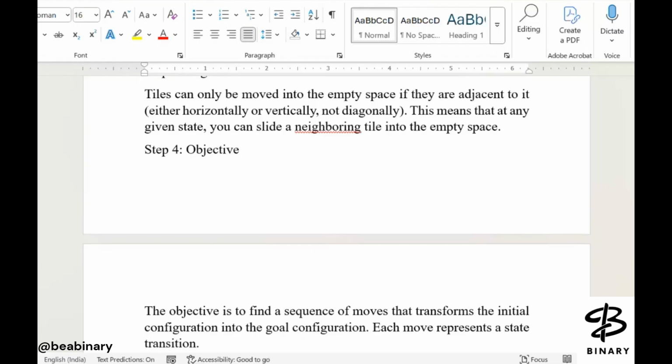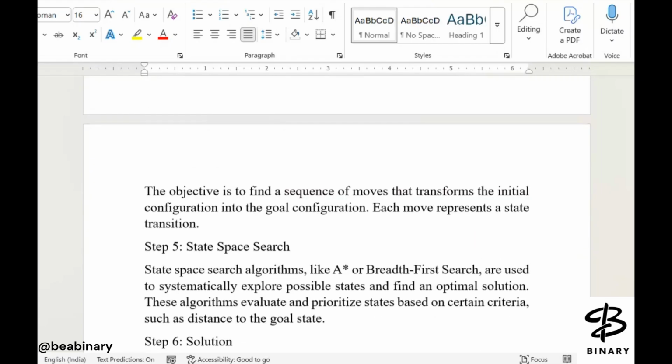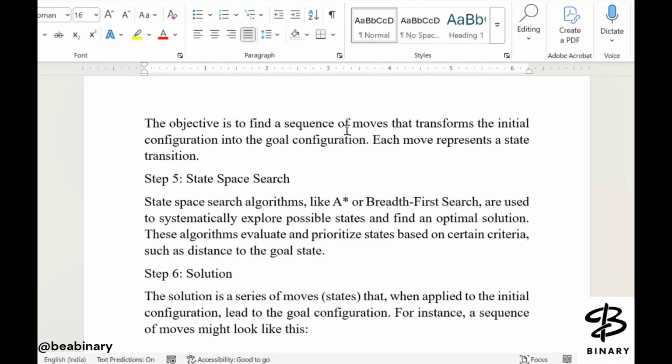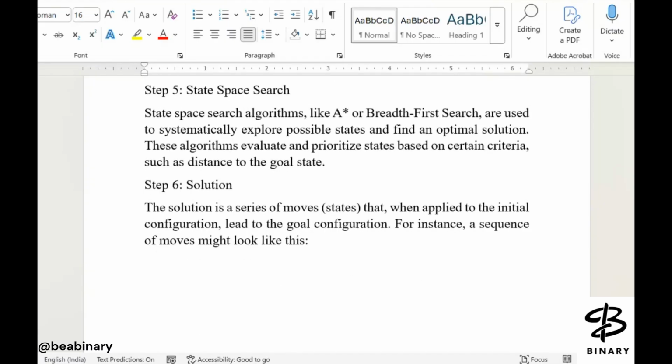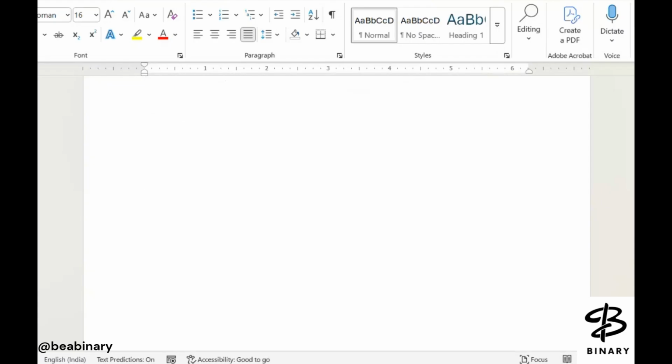Then the objective, objective क्या है आपका? Objective is to find a sequence of moves that transform the initial configuration into a goal configuration। Your objective is that you need to find that particular sequence of moves that can lead to a particular goal state। Then you will take about the state space search and then the solution will be obtained।